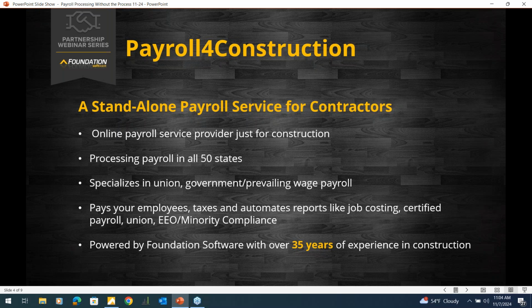Now, where we really become unique and what we really focus on is union, government, prevailing wage, and multi-state contractors. That is where payroll becomes a lot messier than just, hey, Bob makes $20 an hour times 40 hours a week equals this, taxes all go to one state, and I don't need any compliance reporting on the back end. Not that we couldn't process that payroll, but the more complex and messy your payroll is, especially with union, government, and prevailing wage,